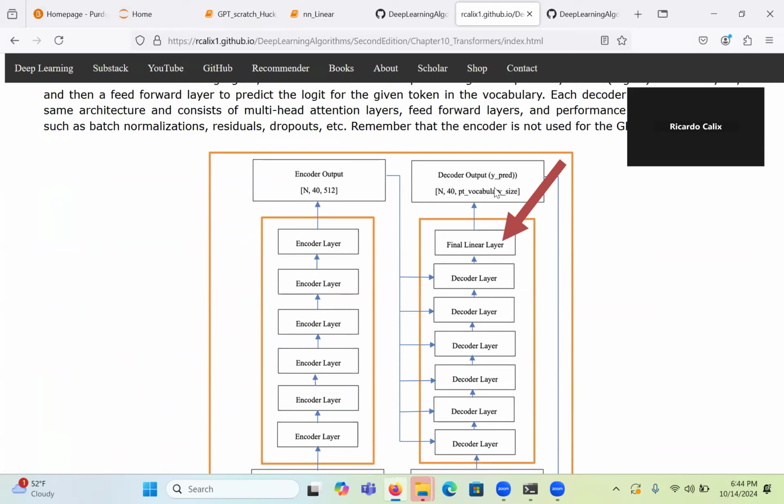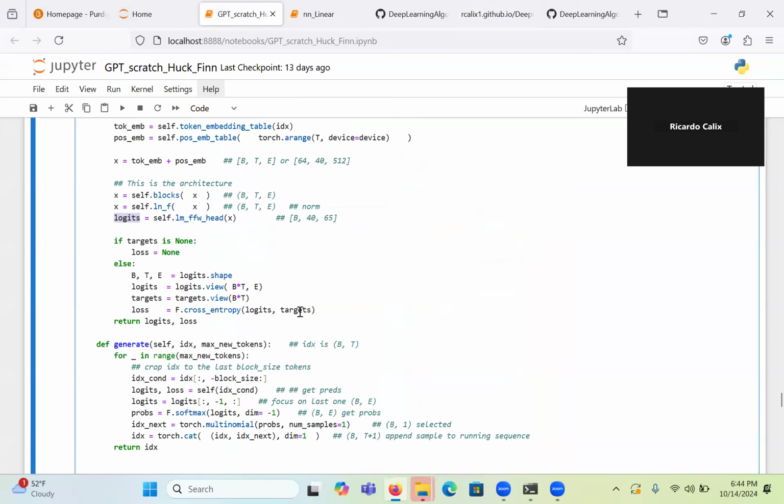Okay, any questions? That's the whole architecture. So we're going to move on unless you have any questions. And we're almost done with this. All right, so we've covered this part. So now